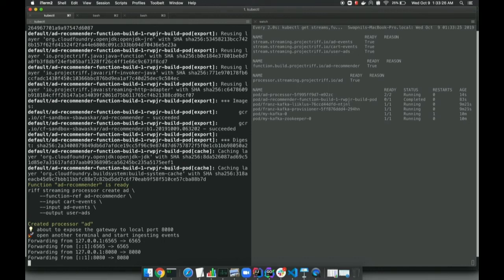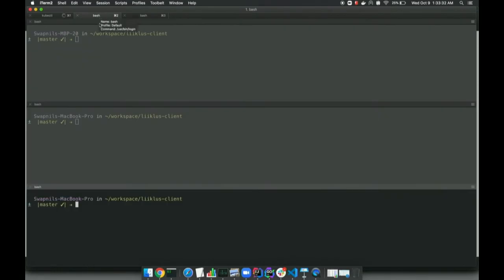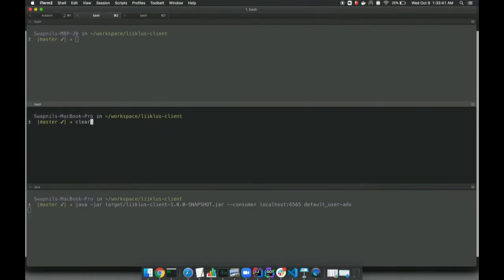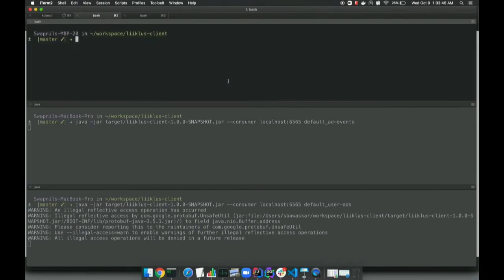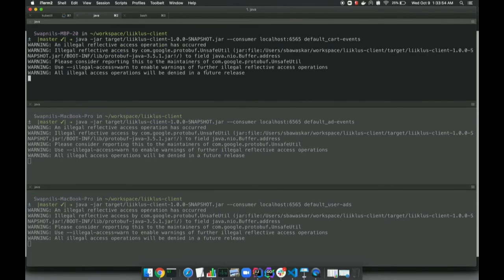So we're basically exposing a local port for Liiklus, so we can spy on what's going on in the topics we interact with. And we also open a local port for the gateway, so we can get data flowing in. So at the bottom here, it's spying on what the output stream will receive, so the result of the streaming function, basically. And the 2 others are just making sure that when we post to the topics, we see them in the Kafka topics as well through Liiklus.